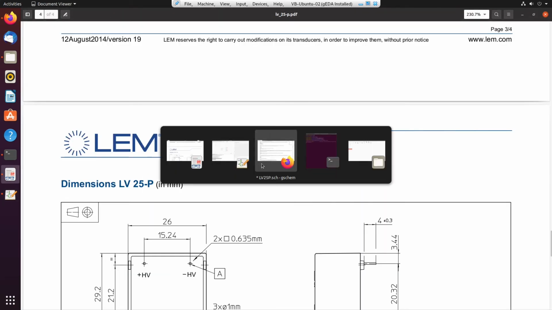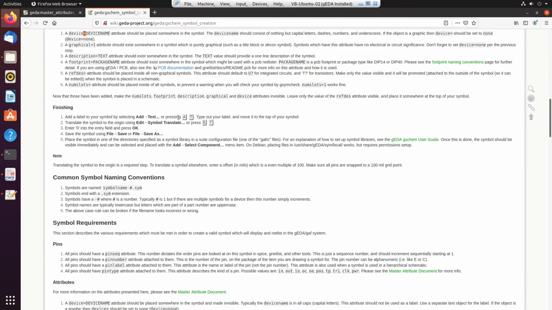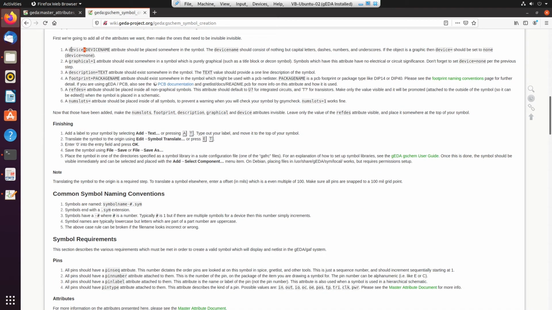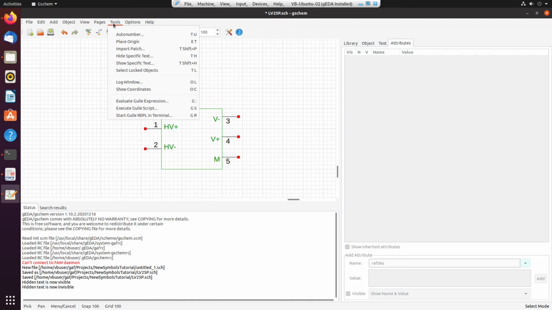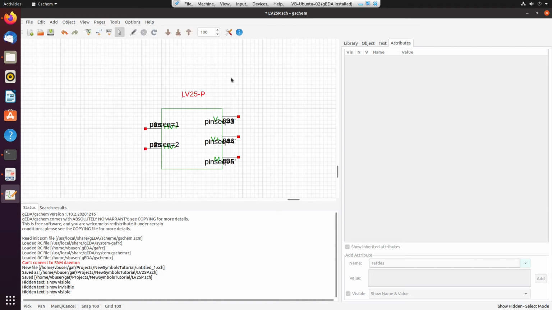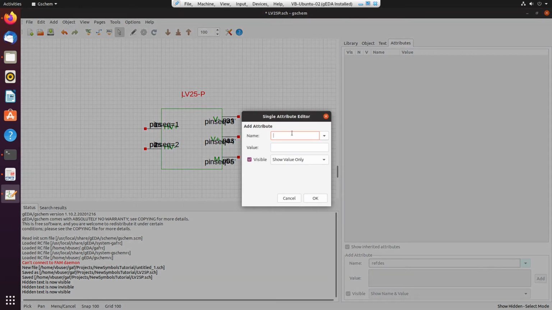The next thing to be done according to this tutorial, after this device name, is graphical equal to 1 if our device is graphical. It is not, so no problem. Description text, so that's the next thing we need to add. So again, we go back here, and for convenience, I'm going to keep my invisible text on for the time being, and I'm going to add attribute again. So add attribute, and the way to do that is using the shortcut key. I just double tap A. So there we go. So now description,